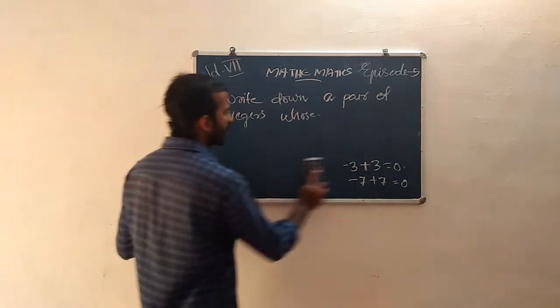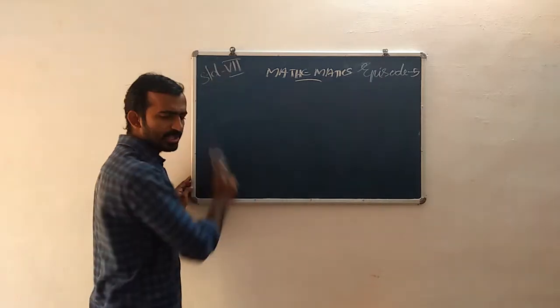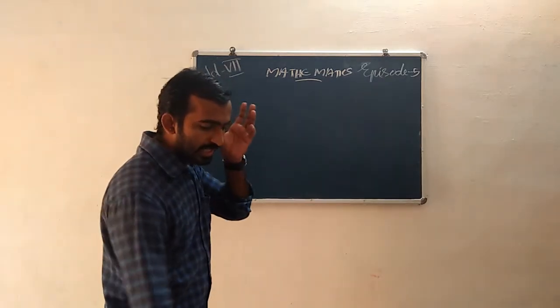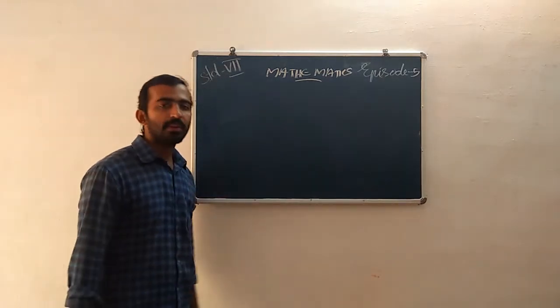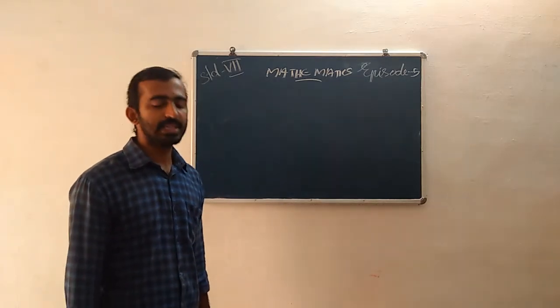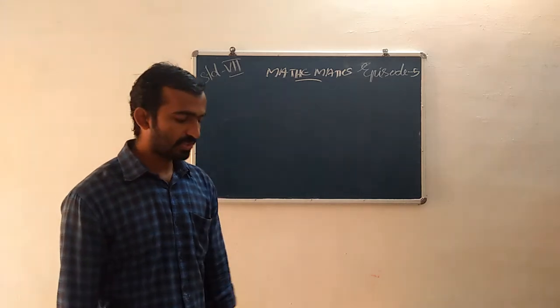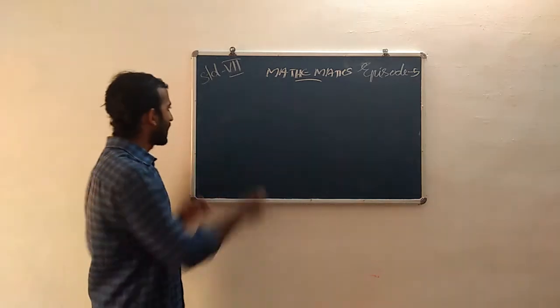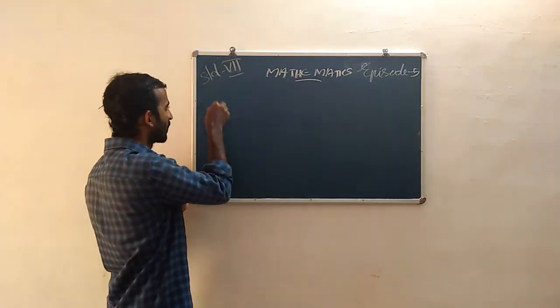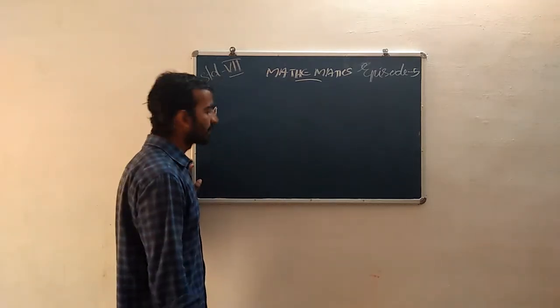On page number 8, there is a box with 2 questions. The heading is Try This, and the first one is a model question. The first question is to write a pair of integers whose sum gives